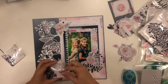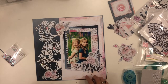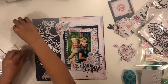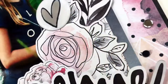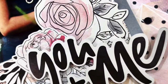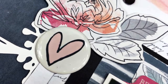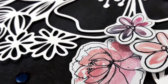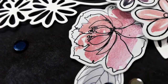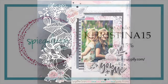I feel like those pink sequins in the middles of the flowers pulled me in more of a whimsical direction, and that wasn't really the feel of this particular layout. So I do pull those off, but I leave the ones in the clusters, which came from Southern Bluebells, which gave me the silver gray ones, and Pick Your Plum, which was the purplish and the navy. And I do really like the look of making my sequins one shade darker than the embellishments on the page, because I feel like that makes them stand out. And you can see how I did that in the